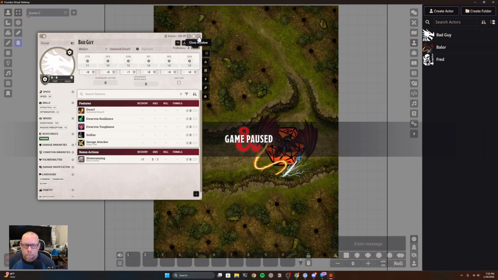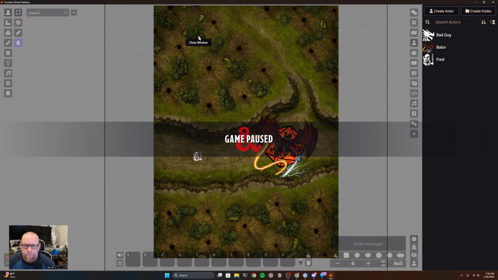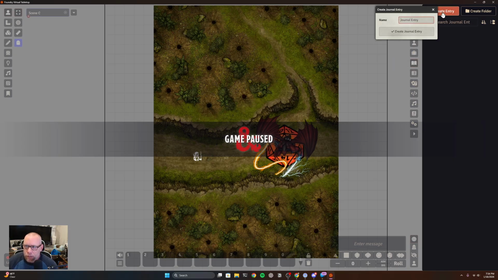So, yeah, I don't need a token. I don't need an image. Like I don't need a sheet for it or anything. I just want to show a picture. Oh, then that would be a journal entry. Yeah. You would create a journal entry and say,